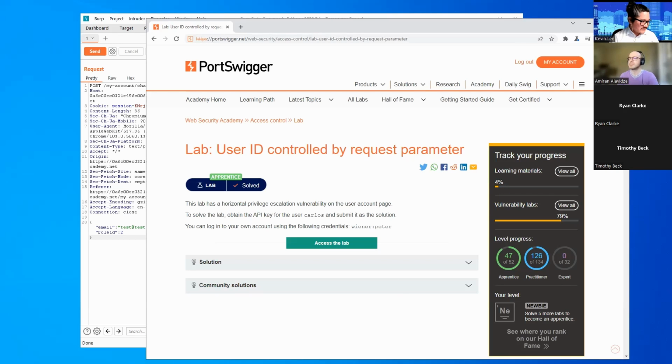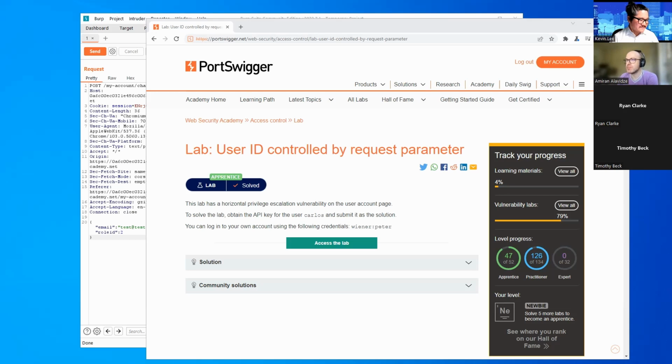Okay, so let's take a look at the instructions for this lab. If you're keeping up with the lab guide, we're now on part 5, and we're doing step 2. We're going to review the lab instructions. It says here that there is a horizontal privilege escalation vulnerability on the user account page. So we need to pay attention to the user account page.